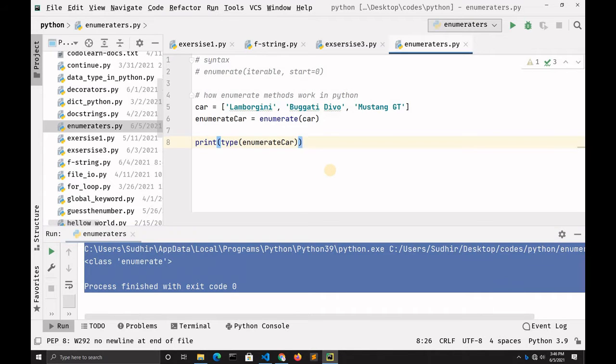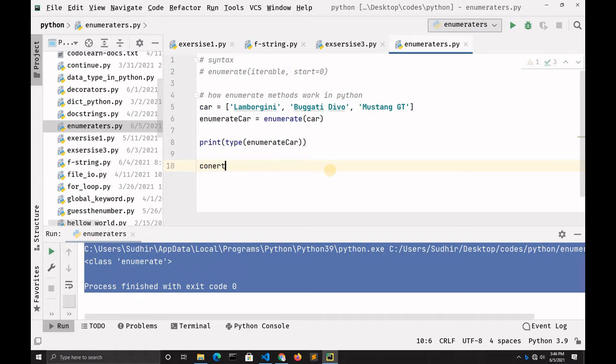Now we have to learn how to convert this enumerate object to a list.